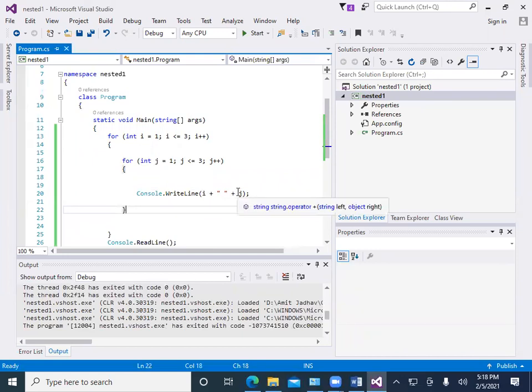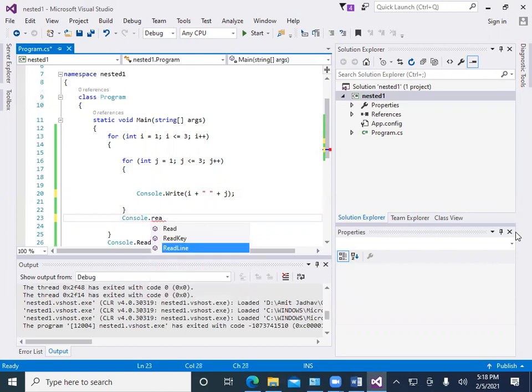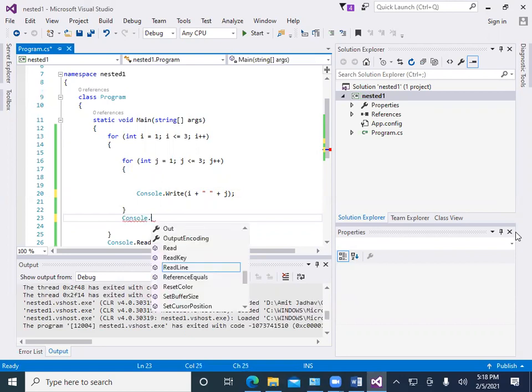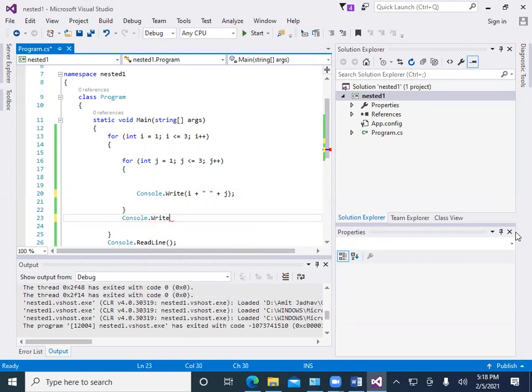Here we print i j. Just instead of write line here we write write, and here we write console dot write line. So it will come on a next line.